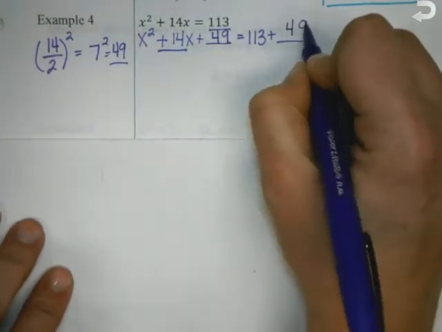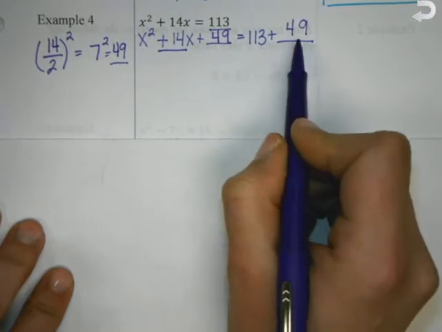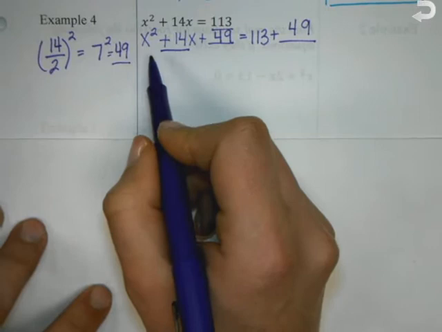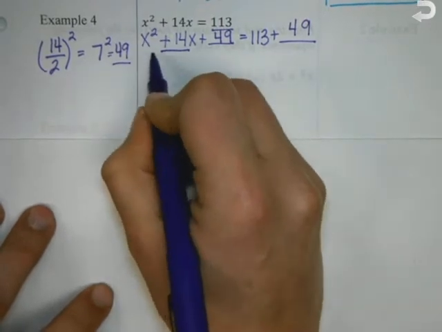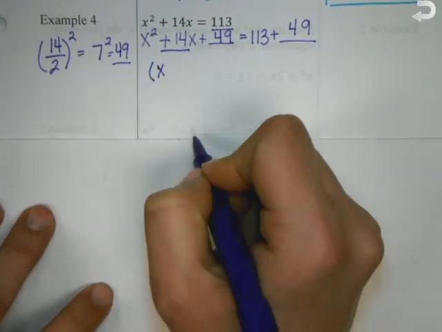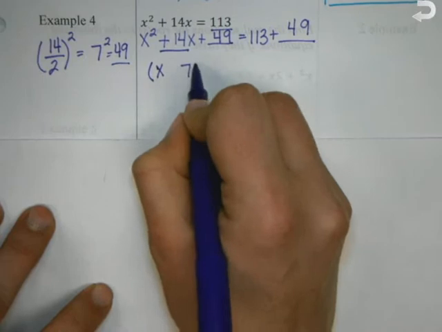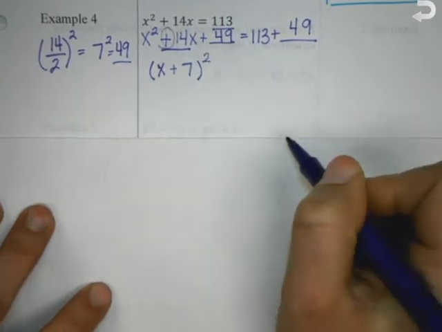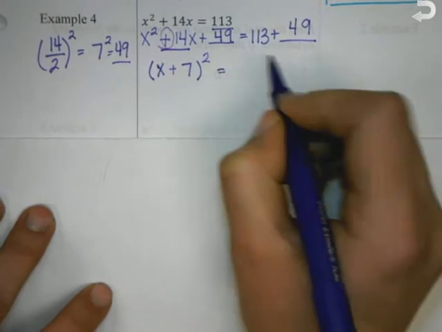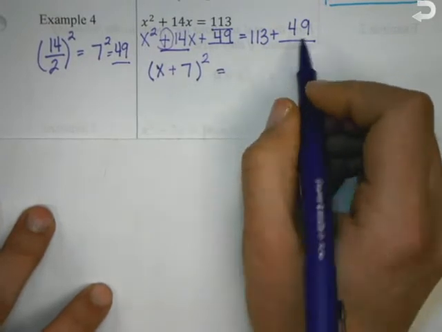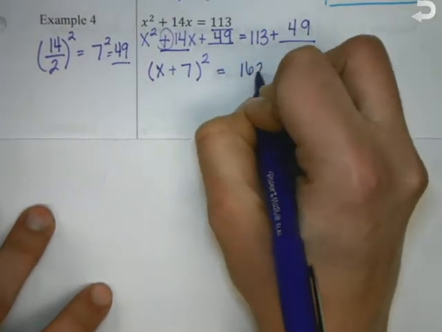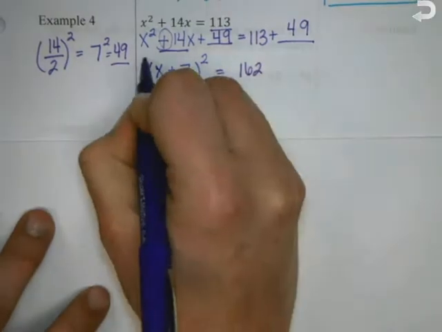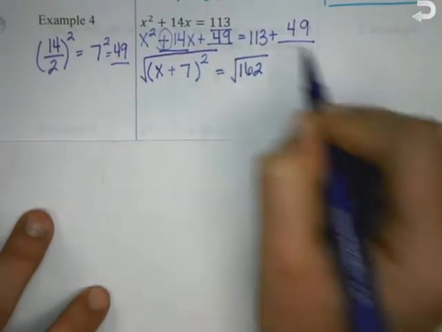Now the left-hand side is a perfect square trinomial. The square root of x squared is x. The square root of 49 is 7. That middle term is a plus, and we always square it. Is equal to 113 plus 49 gives me 162. So then what I want to do is get rid of that squared by taking the square root. So on the left-hand side, that gives me x plus 7 equals plus or minus